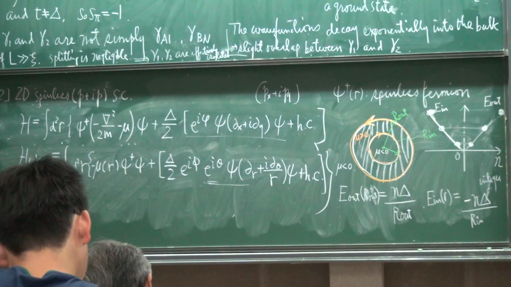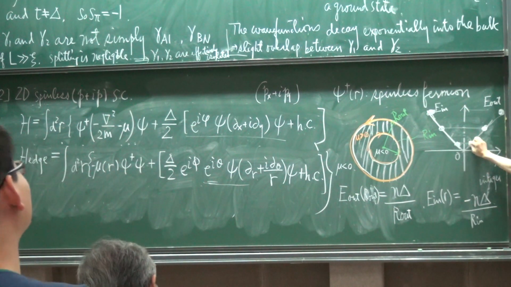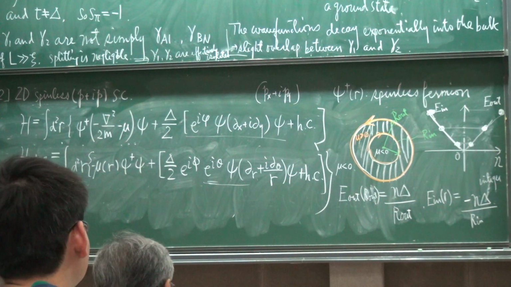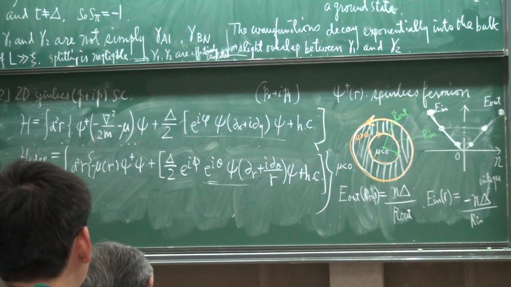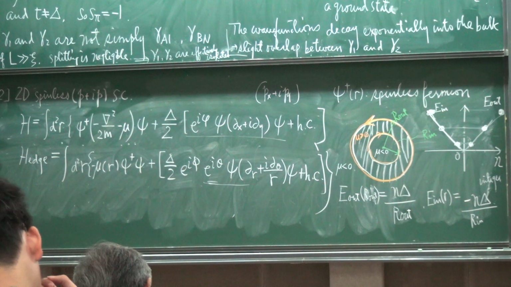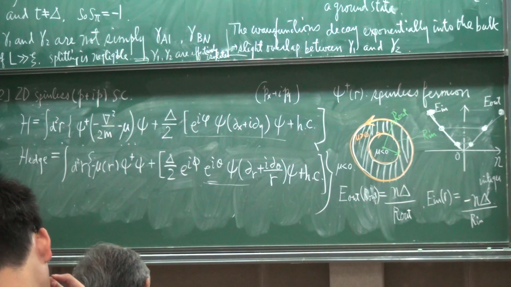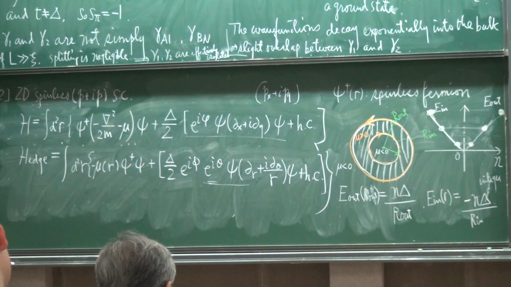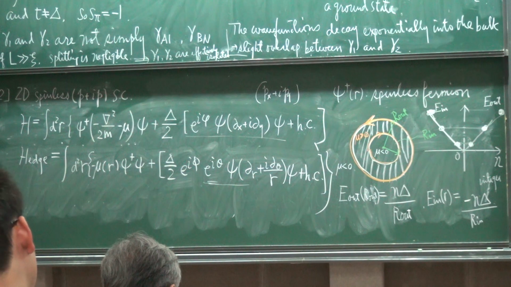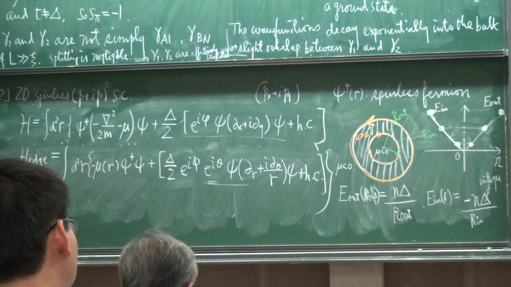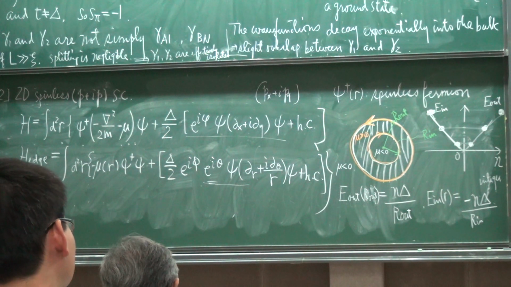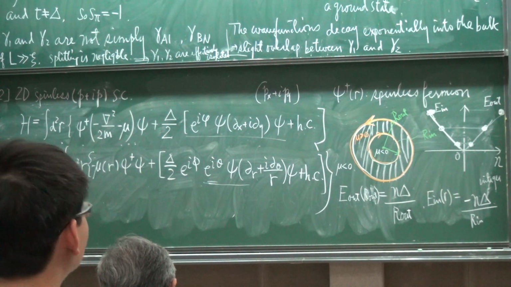So I have a problem. What's happening is that these states all require a finite energy. There is no zero energy state. And if I look at the wave function itself, it's related to some other solutions. This is some other wave function. And you can break it into both inner and outer parts. Sorry, I'm out of time, so I'm not writing this out. You can look up the references.